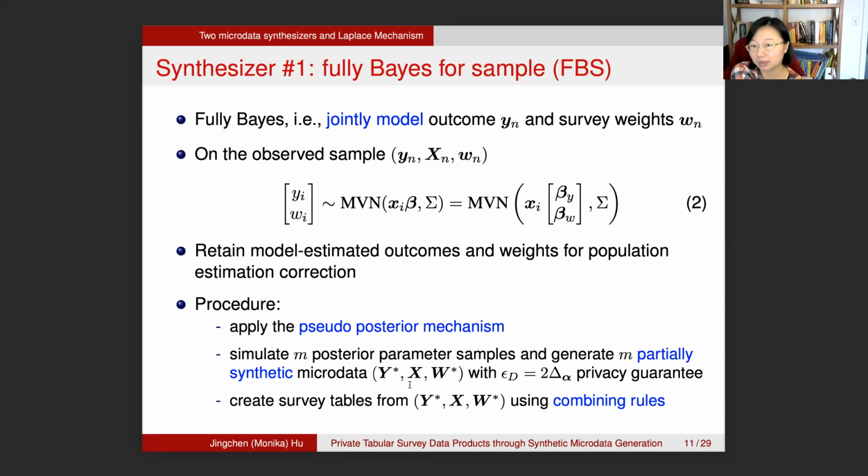on the observed sample. It's pretty straightforward. We're just using a bivariate normal model for the Y_i and the W_i, and the X_i, which are the design variables, are part of the multivariate normal regression process. What we're going to do is model this, and then you're going to have your synthetic Y_i, and you're going to have your synthetic W_i in the process. And then after that, you'll be able to come up with private tables based on the micro level data that eventually